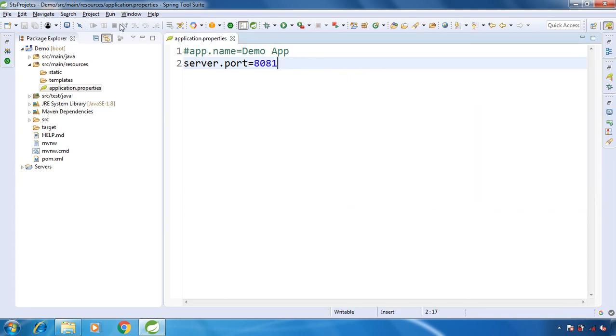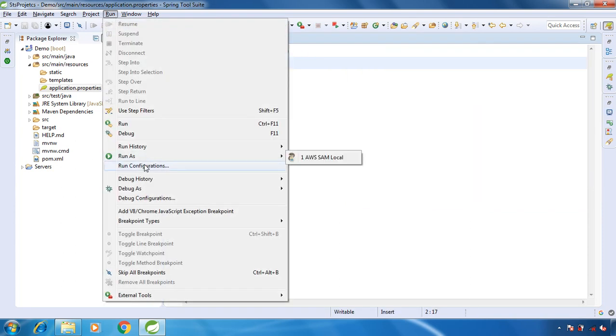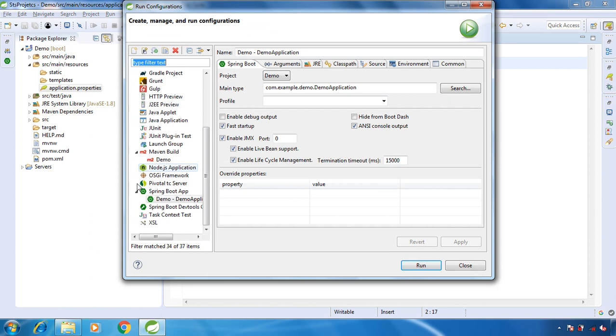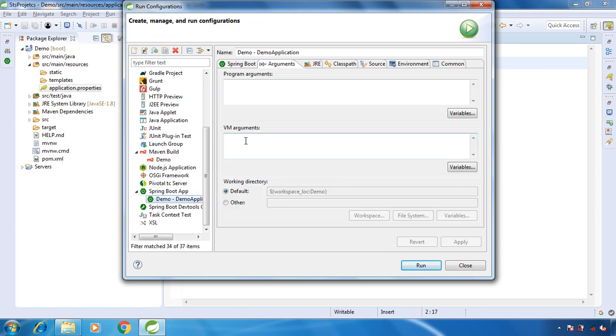Now let's talk about the second way. The second way is using a VM argument. Go to the run configuration, and this is our Spring Boot application. Go to the arguments, and in the VM arguments provide the value -Dserver.port=8082. Apply and run.